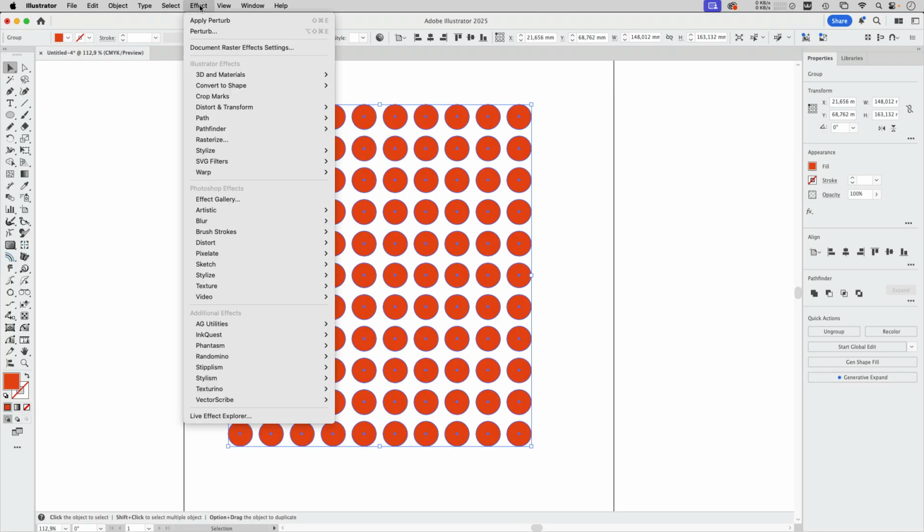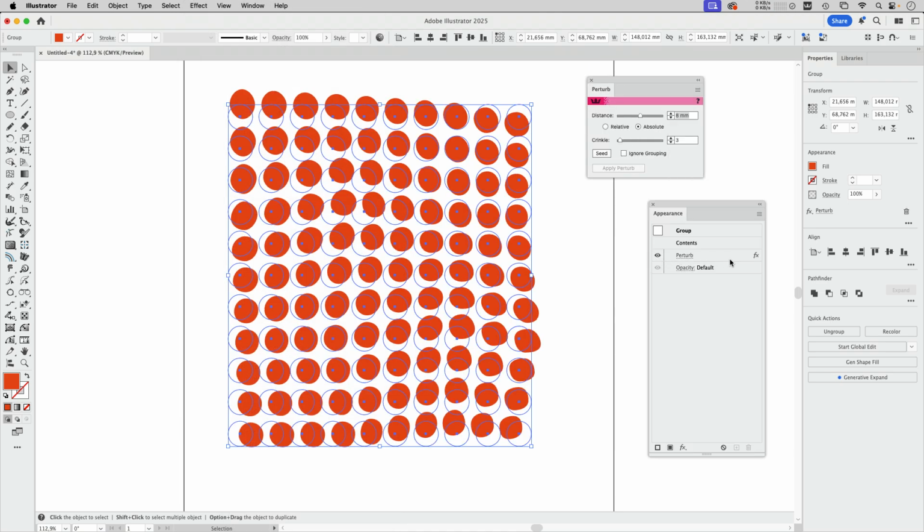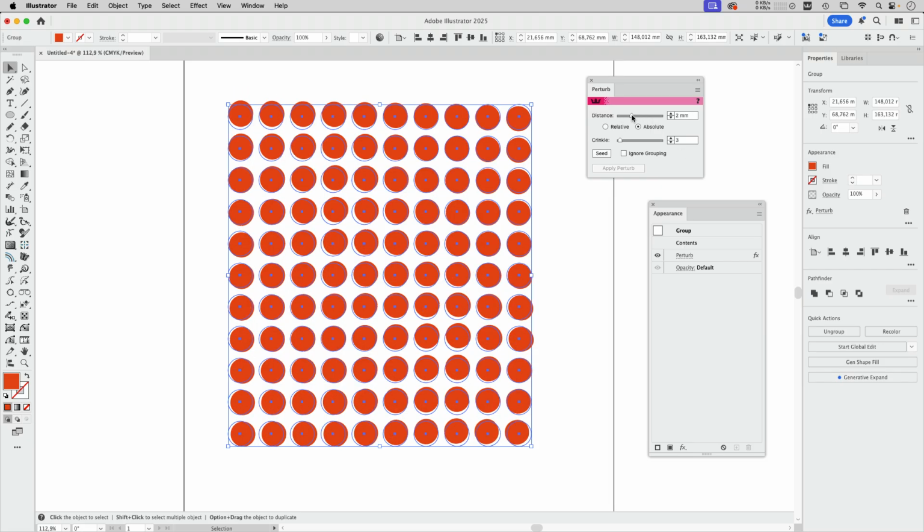effects. And I'm going to Effect, Randomino, and there we have a color randomizer, which is the same as in the panel, but applied as an effect, so it's dynamic. The same goes for the opacity, and then we have the perturb. I'm going to open the appearance panel. You see it's applied as an effect, so it's dynamic, and you can change the things in here, and you